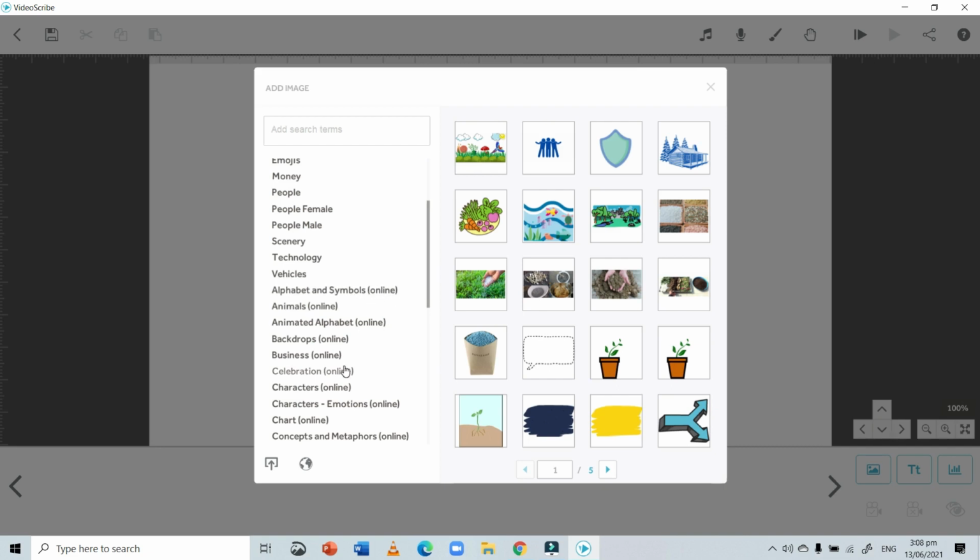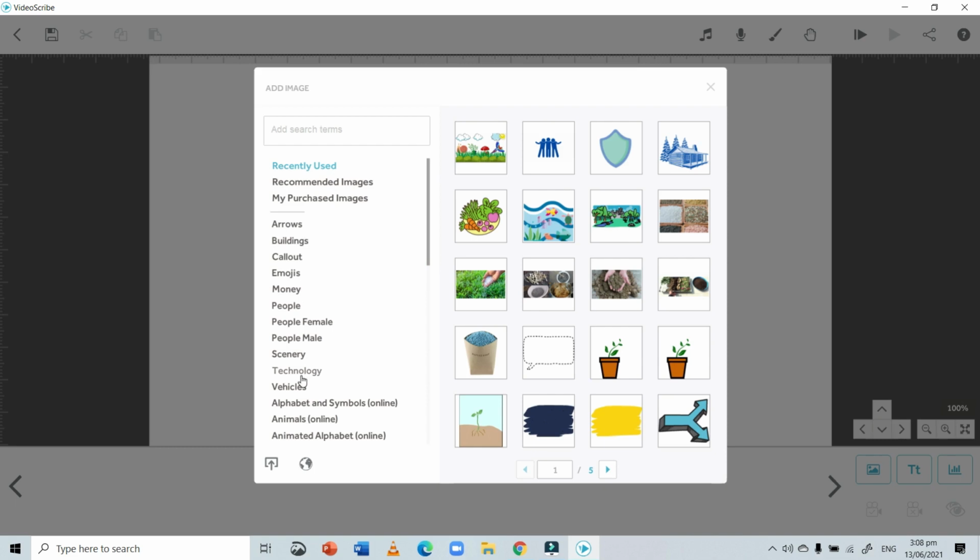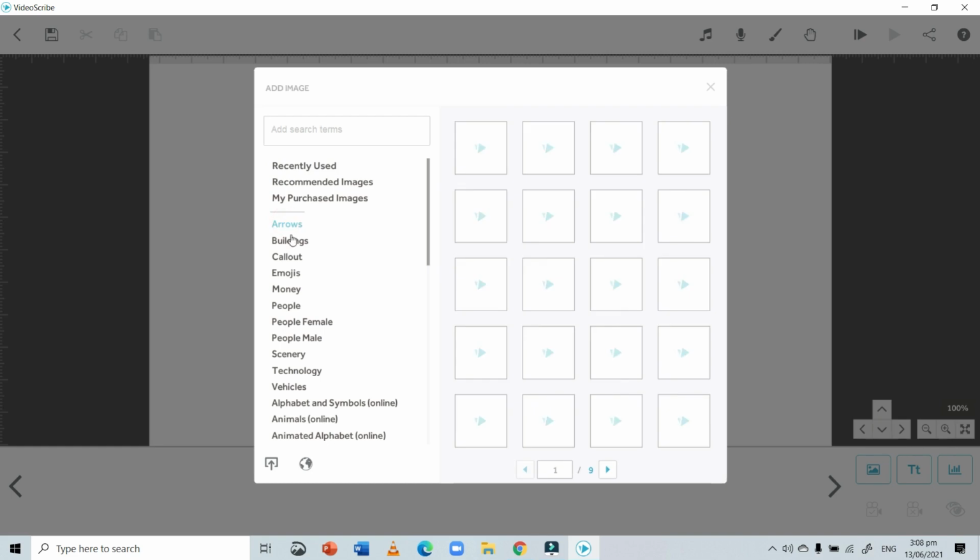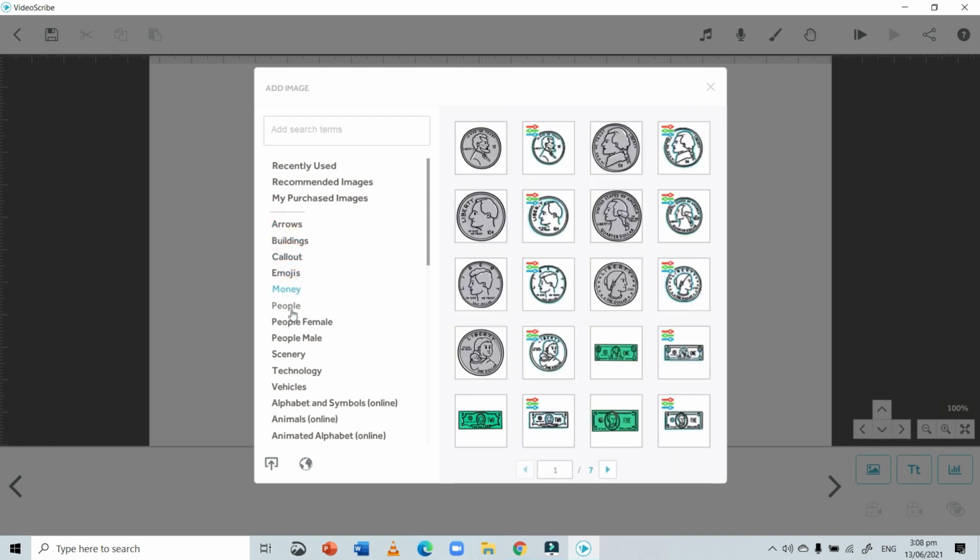If you are connected to the internet, only then these pictures will be available. And the categories that don't have online written against them, that means they are available even when you are not connected to the internet. Arrows, so there is a huge collection of images over here that you can use.